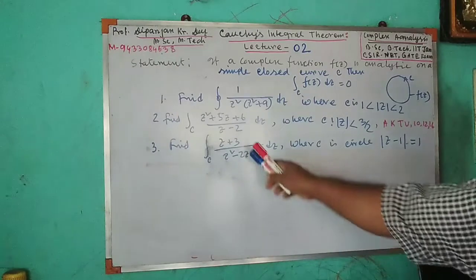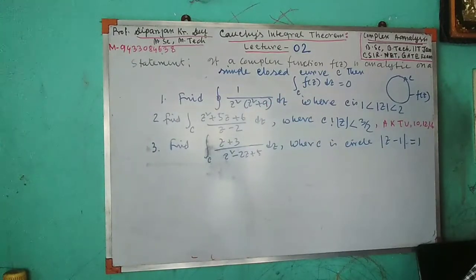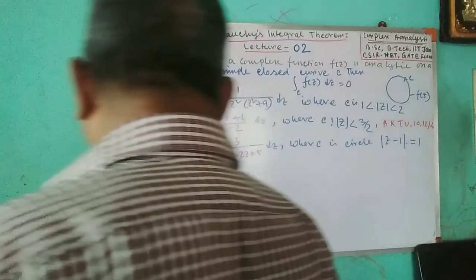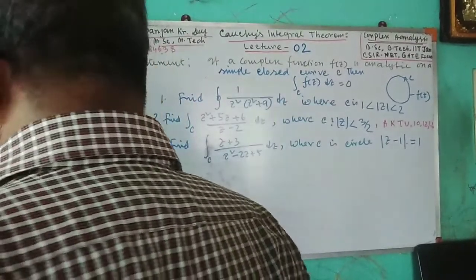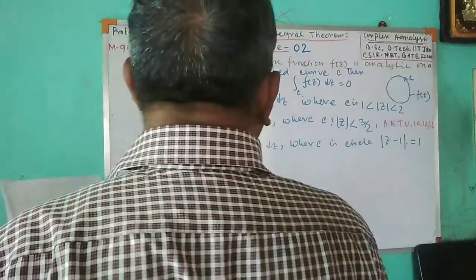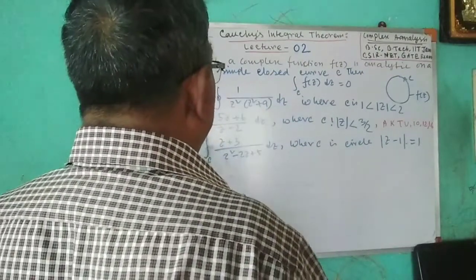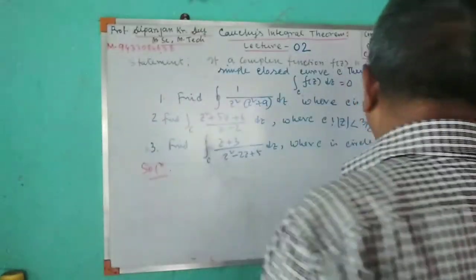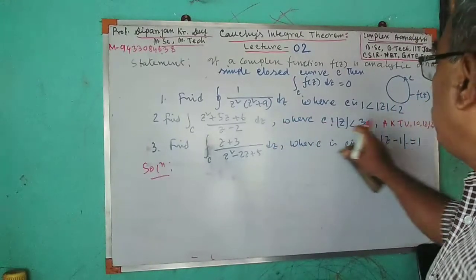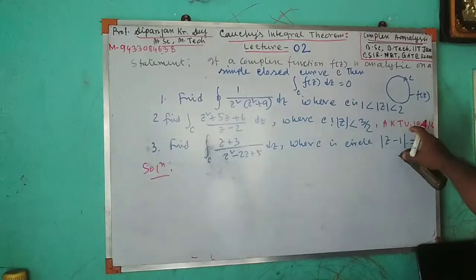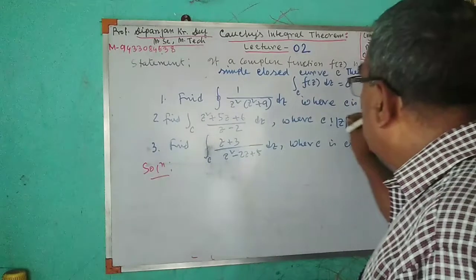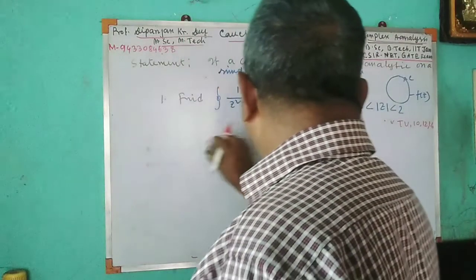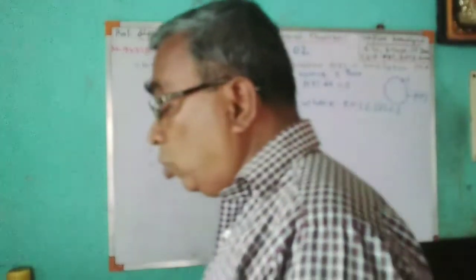That is sum number this and this. I'm solving first example number 1. Example number 1 solution. Evaluate this. Example 2, you see this came in AKTU 2010, 2012 and 2016, very important sum. So sum number 1 I'm doing, this sum. In this sum you will see what is actually